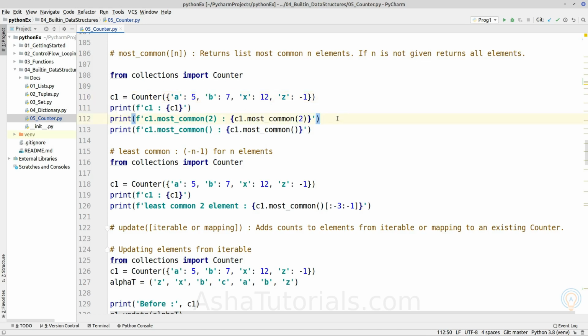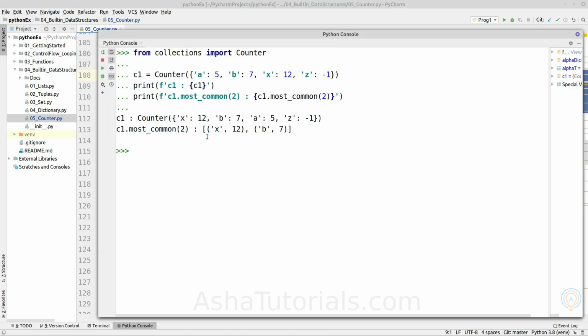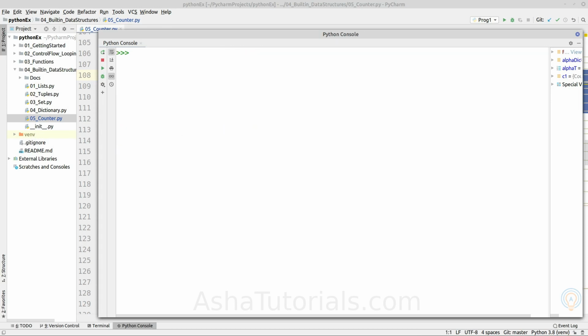So if we execute it, as we can see, it is returning a list of tuple objects for each element having the most counts. So here we have passed 2, so it will return the 2 most common elements, which are X and B, which have the highest values.